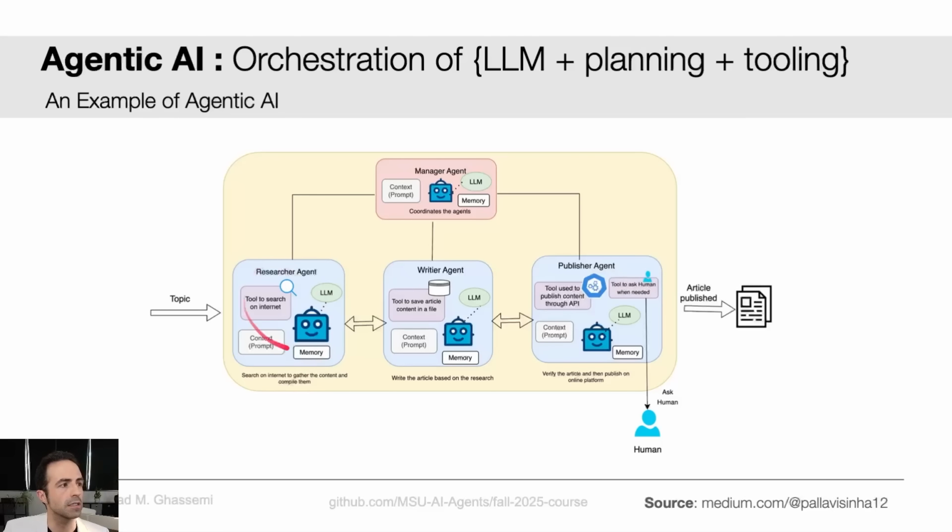After the research is performed by this first agent that maybe has a custom prompt that's really good at doing research, it gets passed to a manager agent who sends this to a writer agent as well as a publisher agent, which exchange information not only among themselves, but also with the researcher agent to synthesize a final response that arrives to a human who, after approving it, publishes the article. Okay? So orchestration of multiple AI agents is agentic AI.